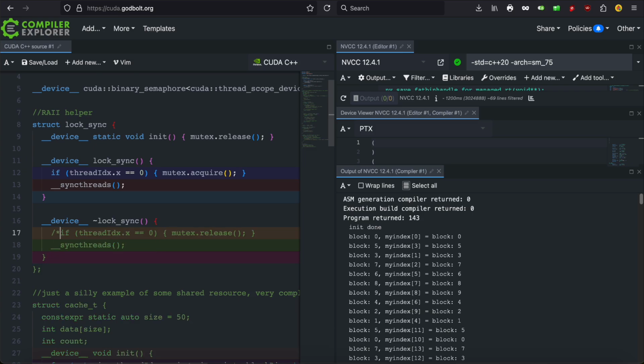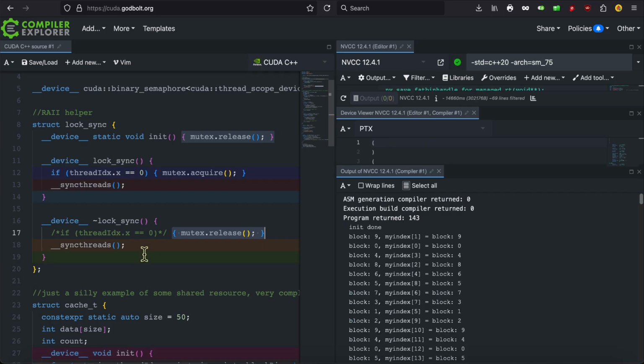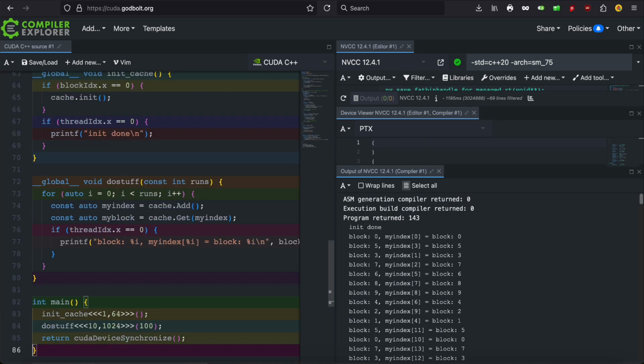If we disable this code, it's going to be really hard to show. If we disable this code, this lock is going to get released about 1,000 times, and that's going to mess up other people locking the thing. Now we won't be able to show the effects on this really simple data structure, but take my word for it, bad things will happen. Okay, that's all I have for this particular CUDA Weekly.